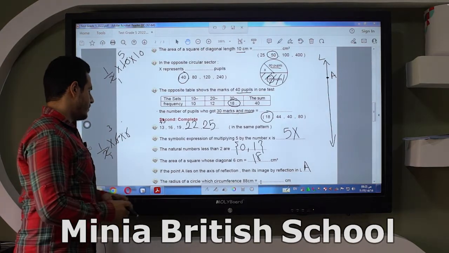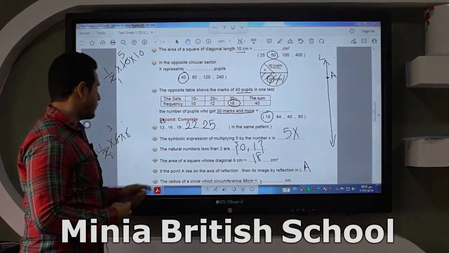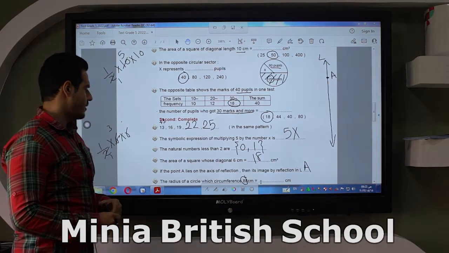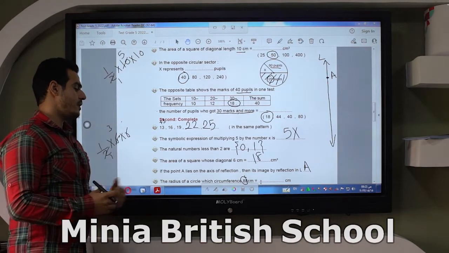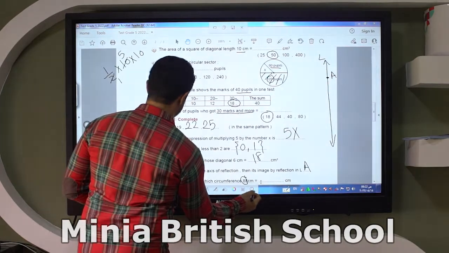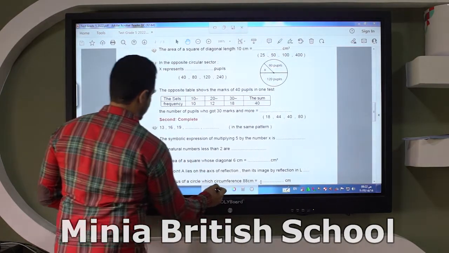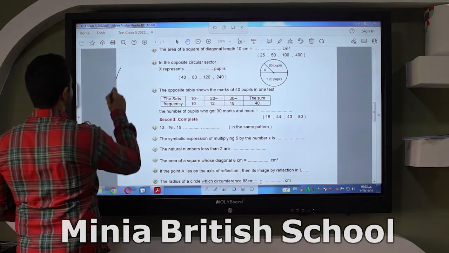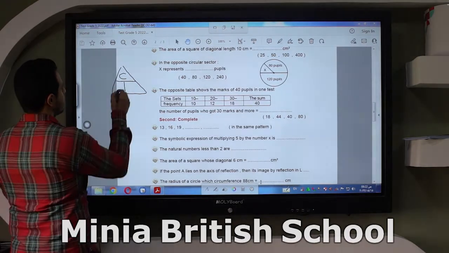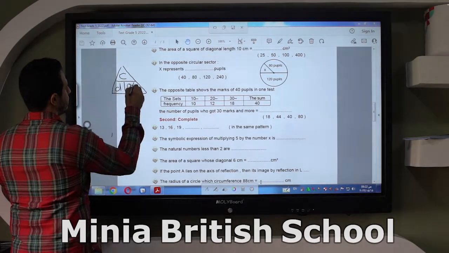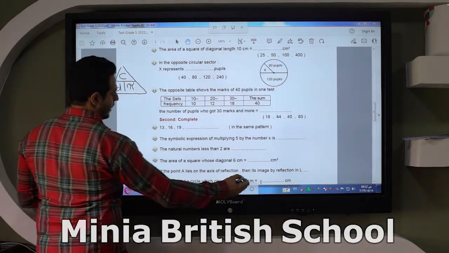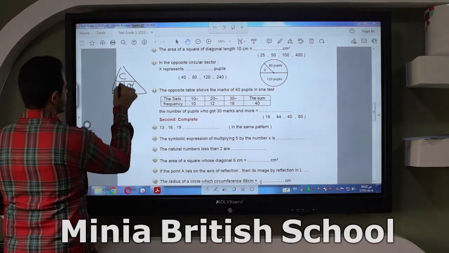Number 20. The radius of a circle whose circumference is 88. Okay, he wants the radius and he gave us the circumference. Circumference equals diameter times pi. I will get the diameter first, then divide it by 2. Pi equals 22 over 7, so diameter equals